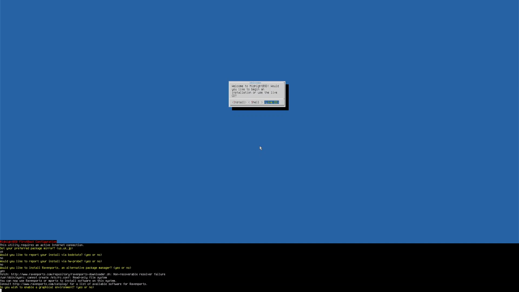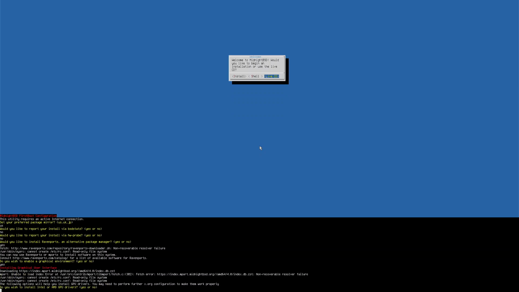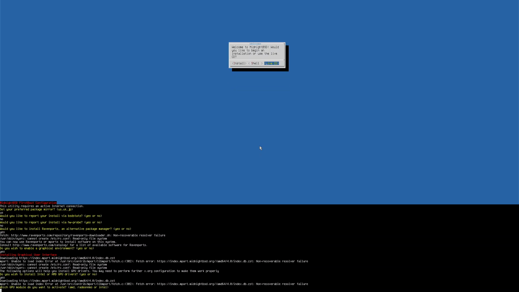Do I wish to enable a graphic environment? Yes, thank you, MidnightBSD. Do I wish to install Intel or AMD GPU drivers? Sure. Intel.